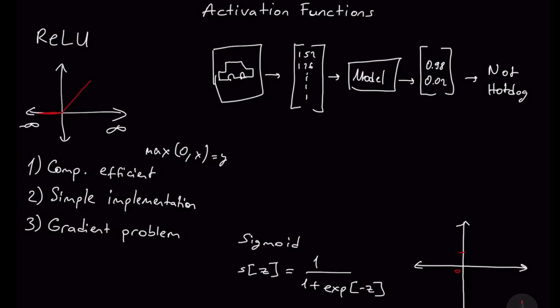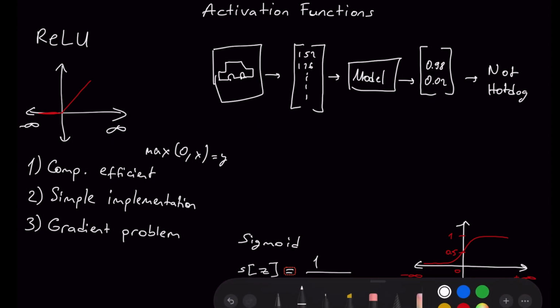And if we go to negative infinity, let's say, and then positive infinity here, then the exponent negative infinity will be exponent infinity, that will be infinity. So 1 plus infinity will be infinity. 1 over infinity is 0. So what will happen is we're looking for some kind of a parabolic shape like this. And this will be 1, and this will be 0.5. Okay? So the values will be squeezed into the 0 and 1 as a probability, because this is a binary